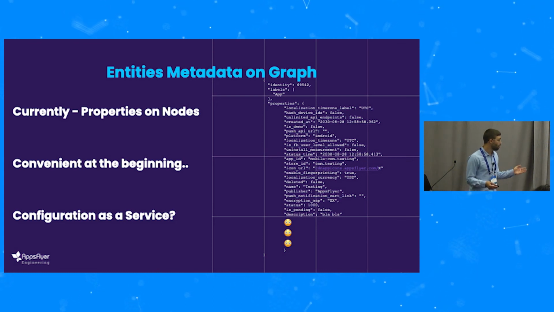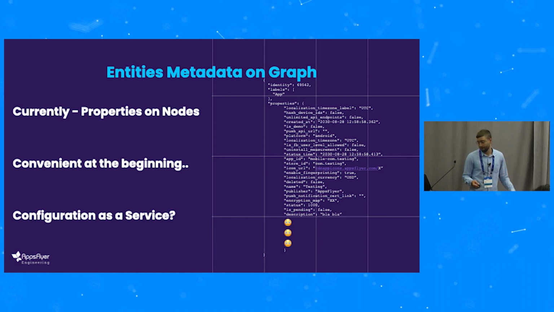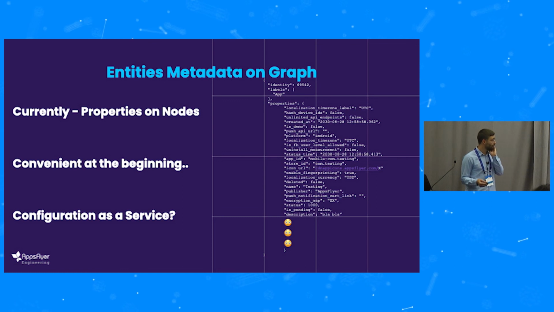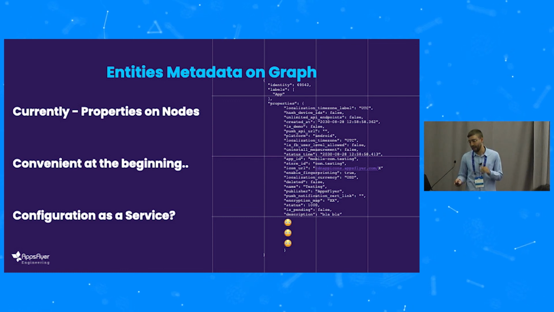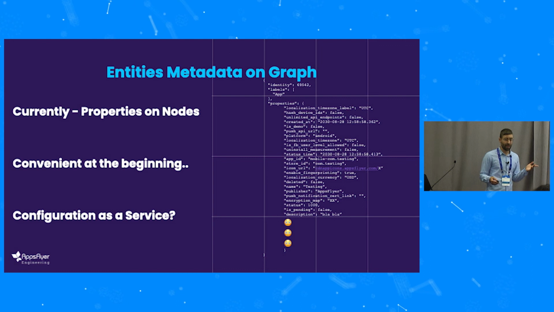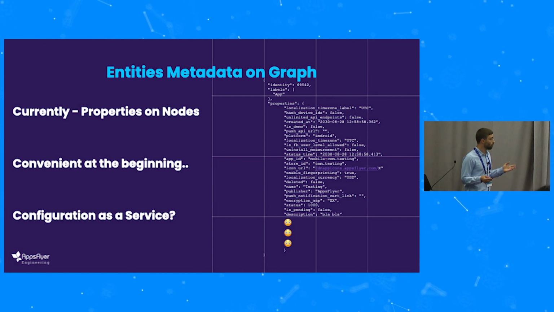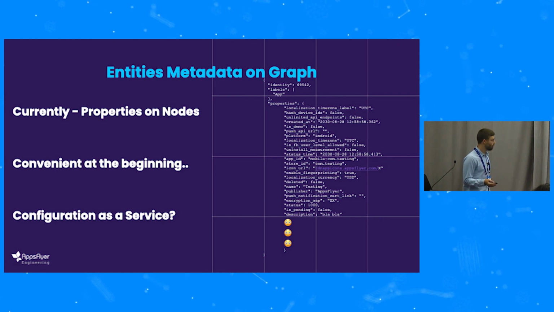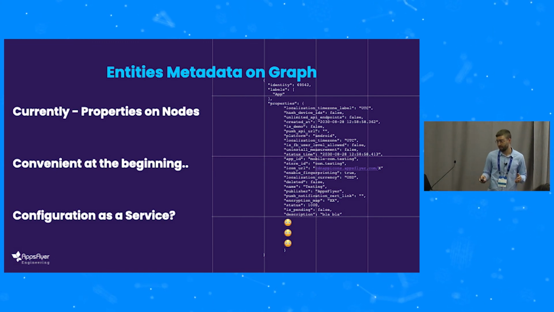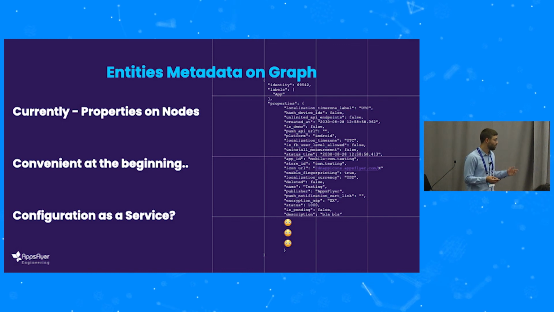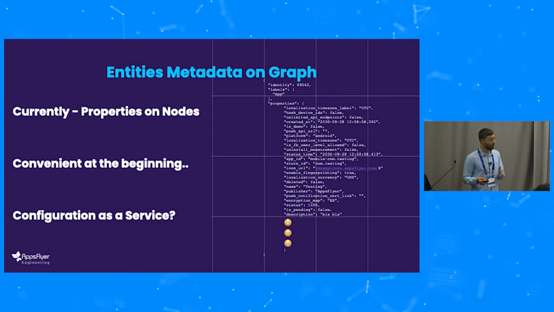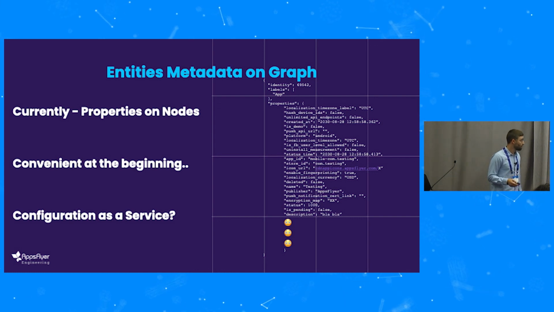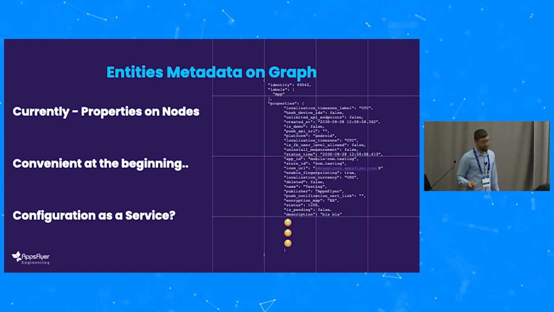And today, we want to allow other teams to expand the graph and to have some kind of configuration as a service. There are many teams in AppsFlyer that hold information about an app or account, and they manage it now in their own databases, but they want to have it united in one database that creates a central user experience. So how to extend it and support it at scale and without schema is a challenge, and we're now considering whether to split it into a few nodes or maybe move it to another database. So this is the second challenge that we faced.